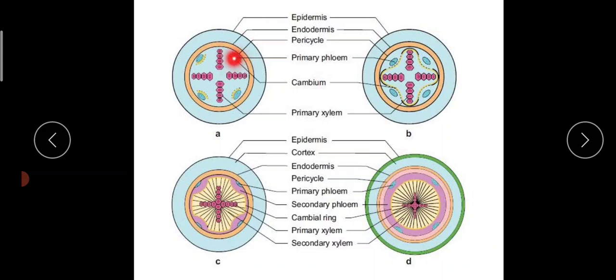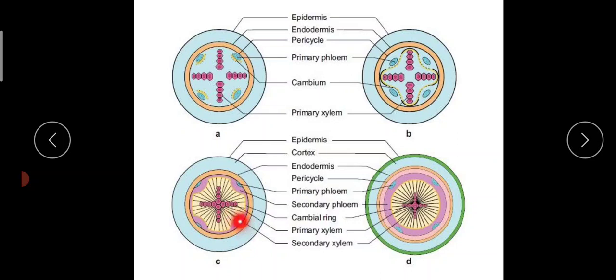Here the first strip of cambium is formed, which is beneath the primary phloem elements. Then secondly, strips of cambium are formed opposite to the protoxylem elements from the pericyclic cells, and they fuse to form a wavy ring of cambium. And this wavy ring of cambium has differential activity, that is, more activity is shown by the cambial strip which lies beneath the primary phloem. So more secondary xylem is produced in these depressed regions.